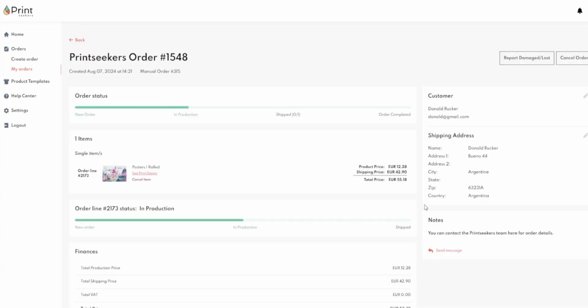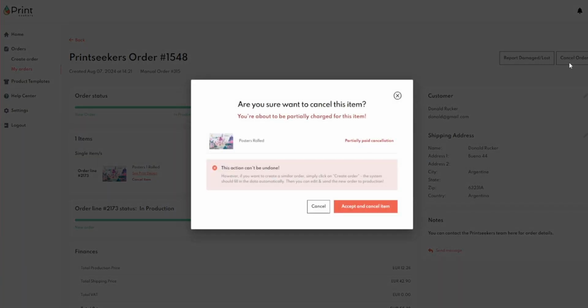Second option is partially paid cancellation. If your order is already in production but hasn't been packaged or shipped, you can still cancel it. In this case, you'll receive a refund for the shipping costs, but not for the product itself, since it's already